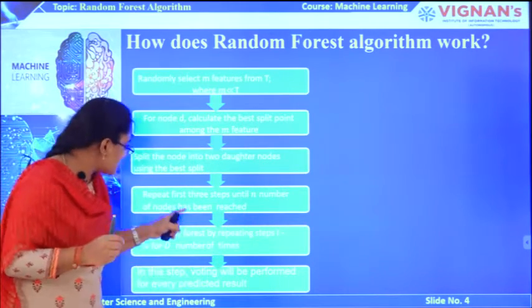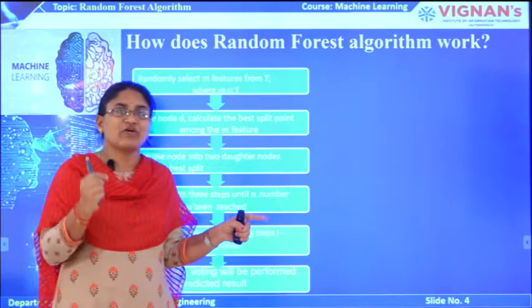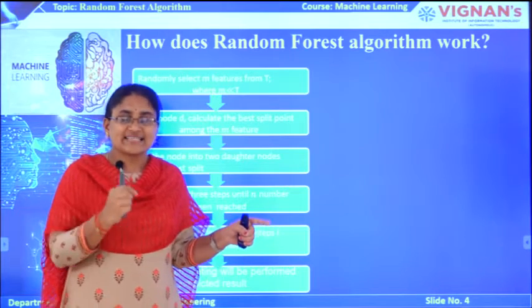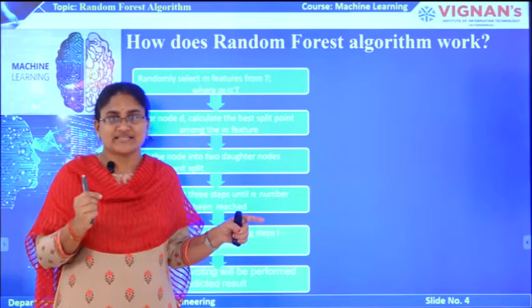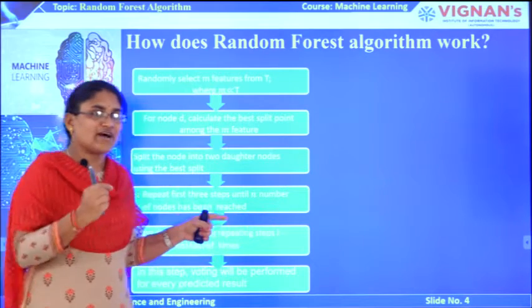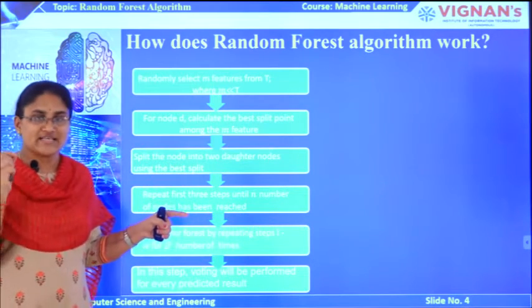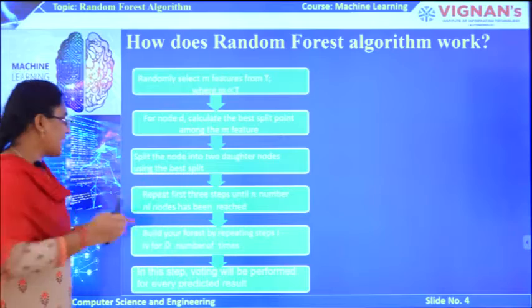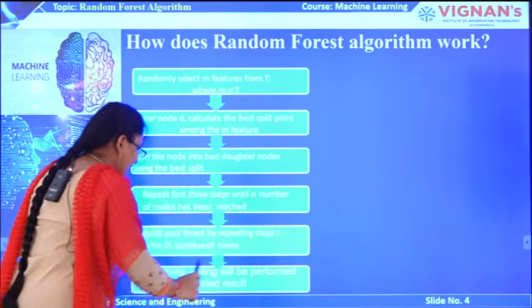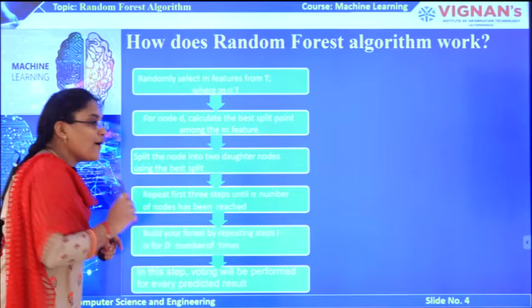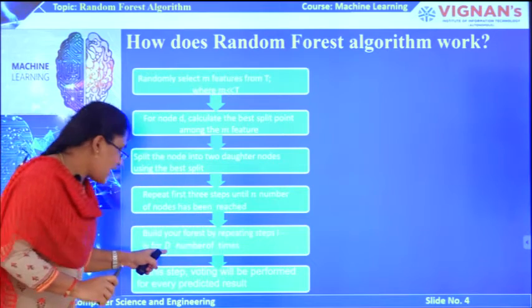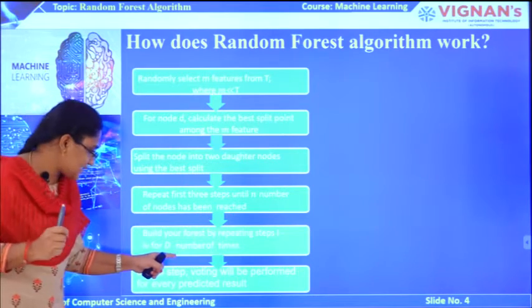Because up to this 4th step we get only one decision tree. As it is a random forest, we have to construct a number of decision trees. So for construction of the decision trees, we have to repeat all these 4 steps until we reach our limit of decision trees for our model. Here D is the limit of the number of decision trees.